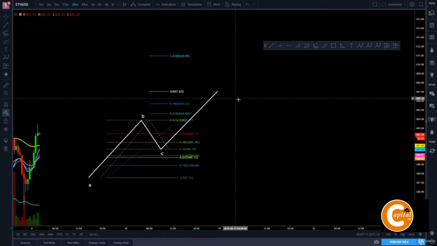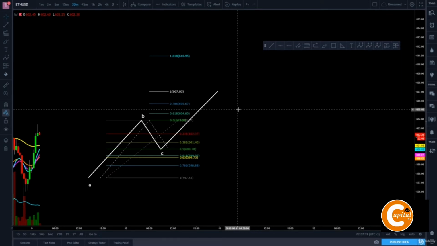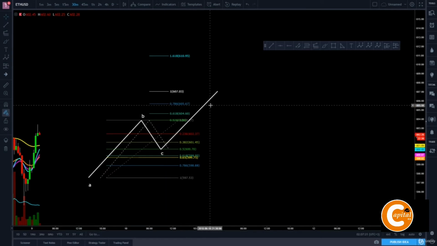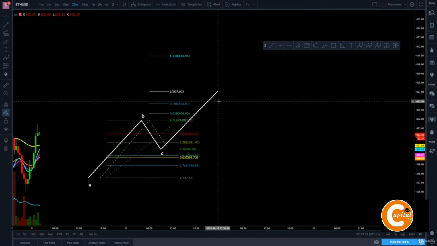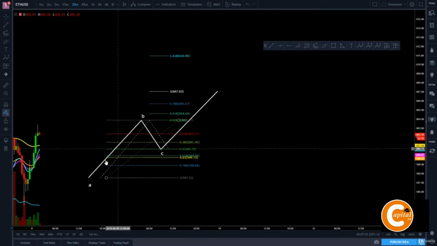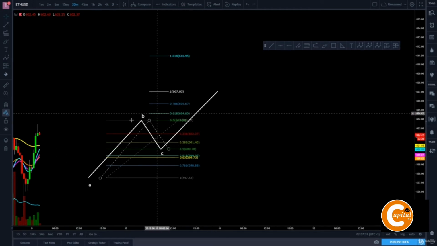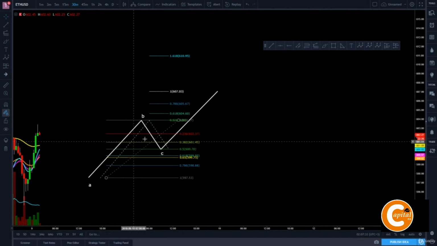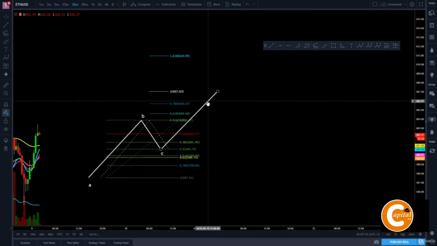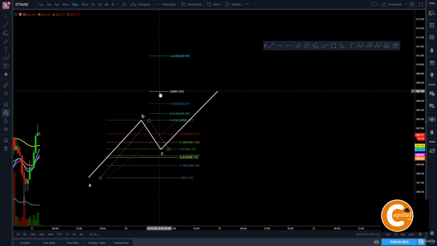Another rule that you should follow is that wave 3 is often the longest but never the shortest. So if we have only the first wave, which is this one, we will assume that wave 3 will make at least a one-to-one measured move of wave 1. There are some rare times when it does fail and not reaching the one-to-one extension,